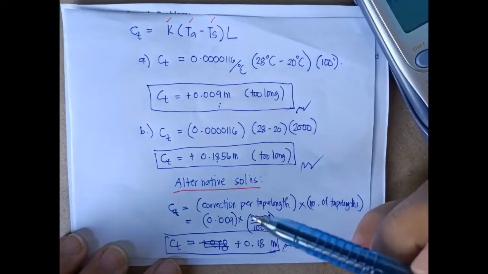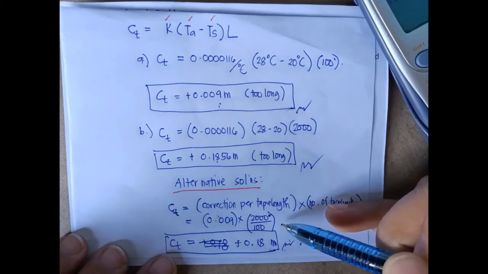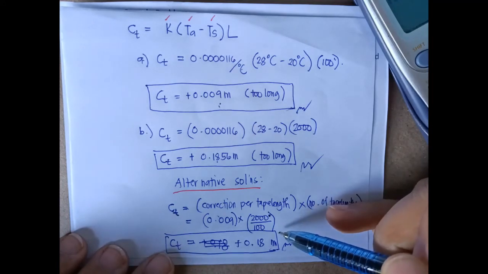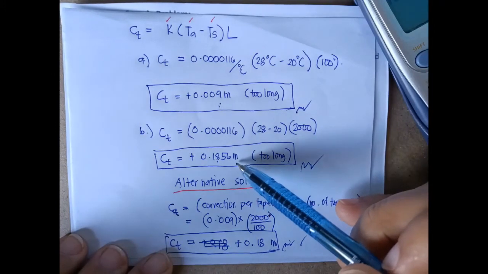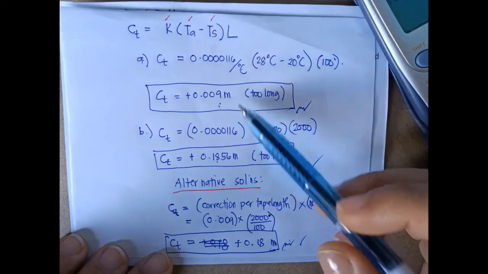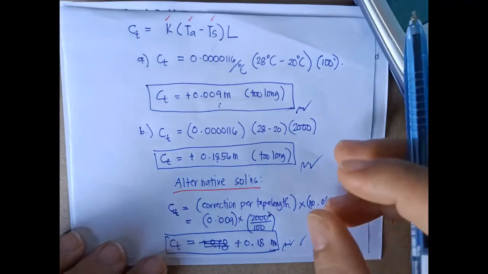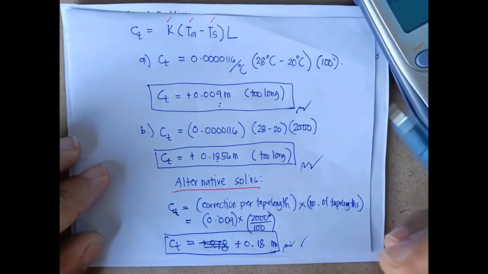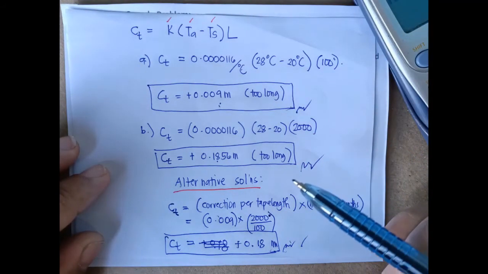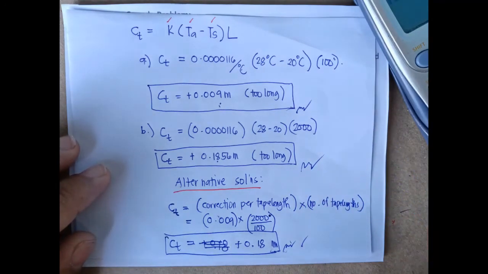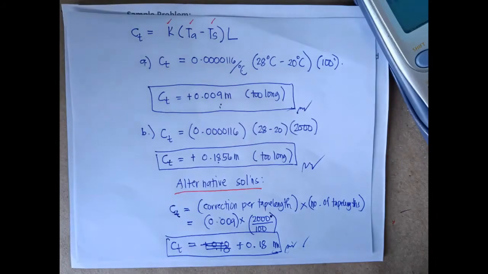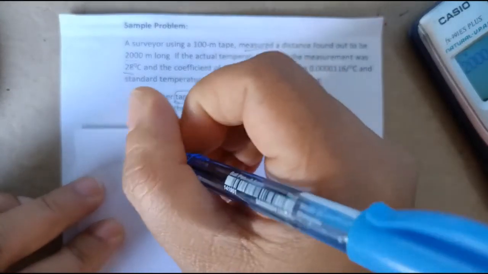Okay. So this alternative solution is quite a shortcut. It's a shortcut way of computing instead of using step by step. The other way is you have to analyze how many times you have to use the tape in measuring or laying out such distance. Okay, so for item C